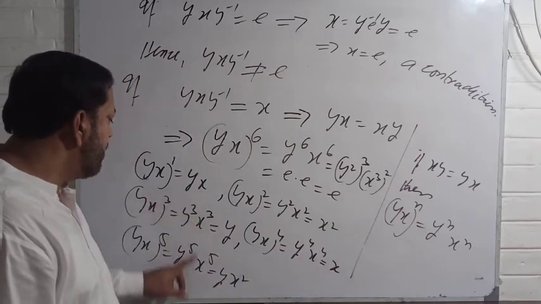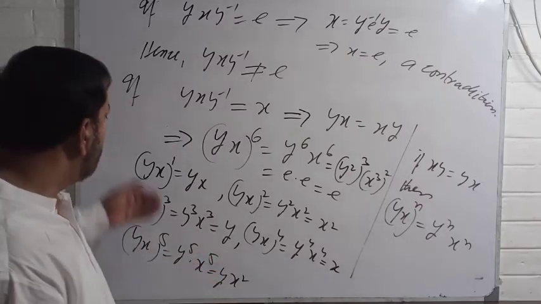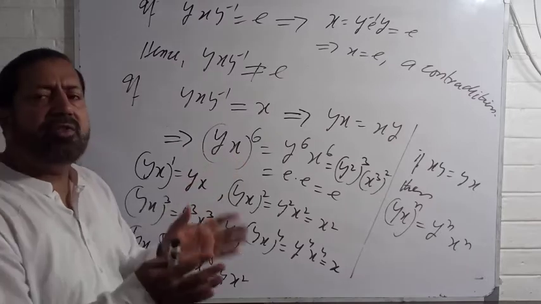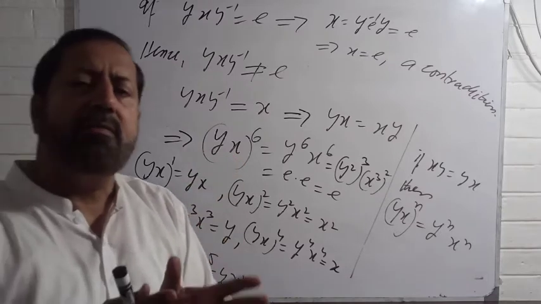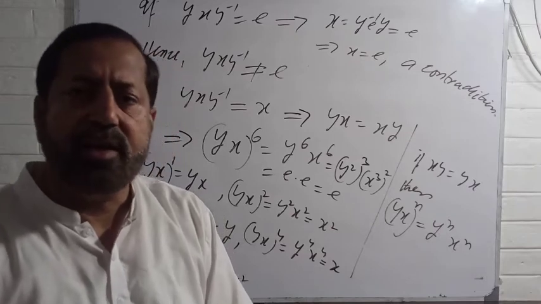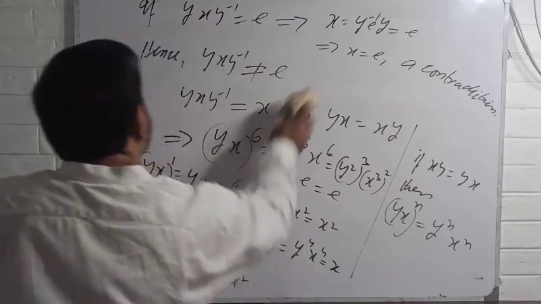Then yx, then yx square. So these are the 6 elements, but all are generated by yx. This means that in this case, G = ⟨yx | (yx)^6 = E⟩. This means that G is a cyclic group of order 6. Okay, thus in this case,